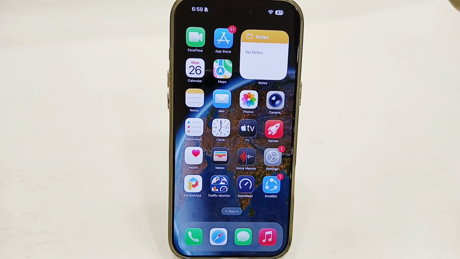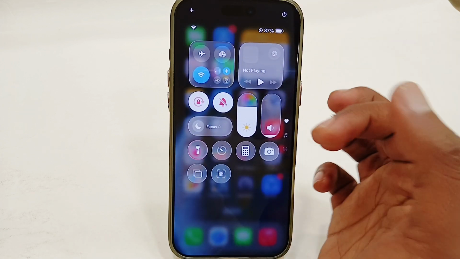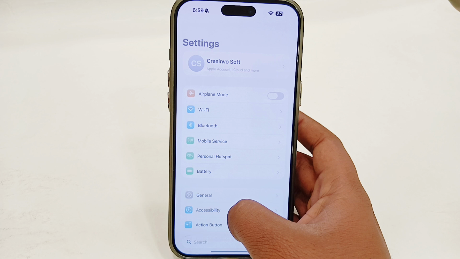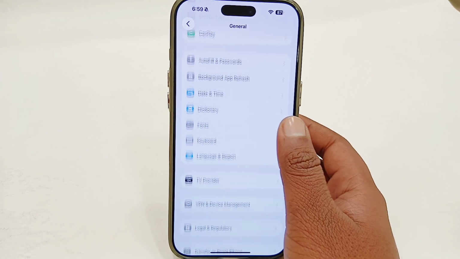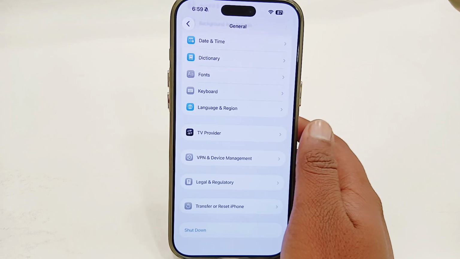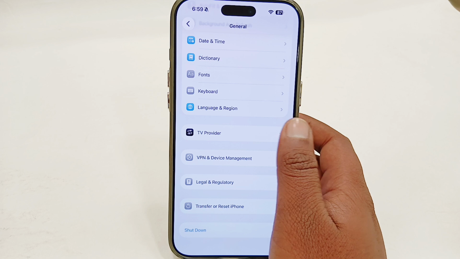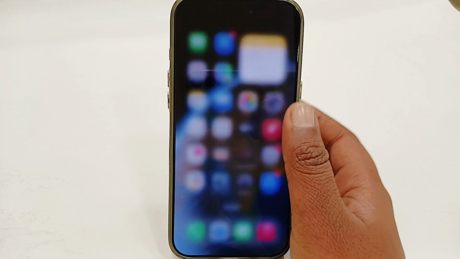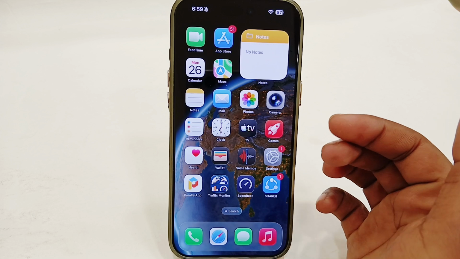The very first thing you can try is to connect to a stable and strong network connection. Then go back to your settings, go to General, go to VPN and Device Management. You just have to make sure that you don't have any connected VPN. If you find one, try to disconnect it. After disconnecting the VPN, go back and retry to check if your issue has been fixed or